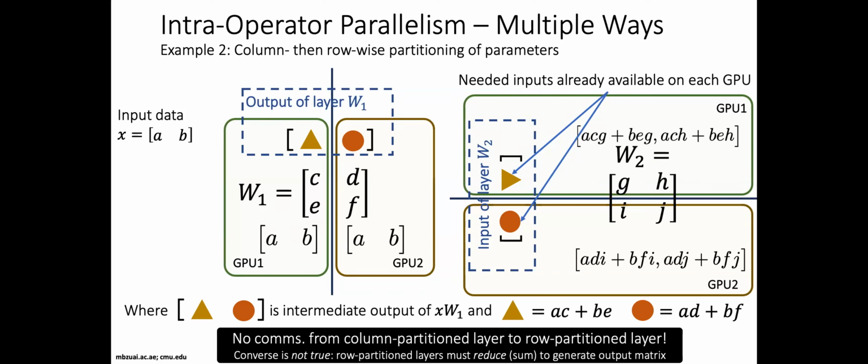Why only half? Because at the end of this second row partitioned matrix, you have to add up these two vectors, reduce them together to get back the output. They're already reduced together on both devices, so you don't need to send them again. But essentially, you're cutting out half the communication operations by alternating row and column partitioning in a simple